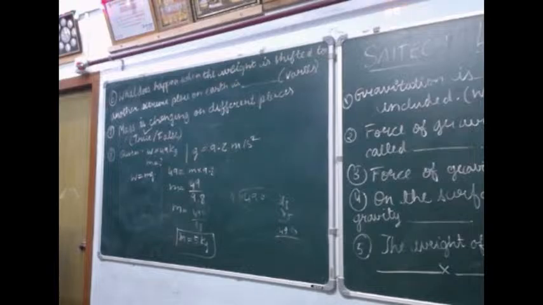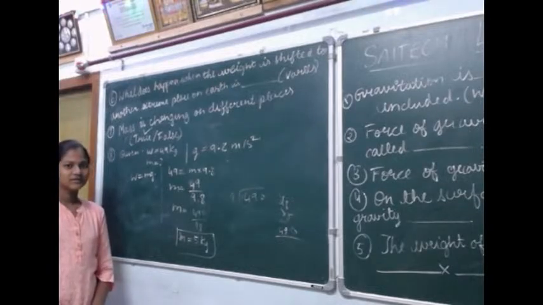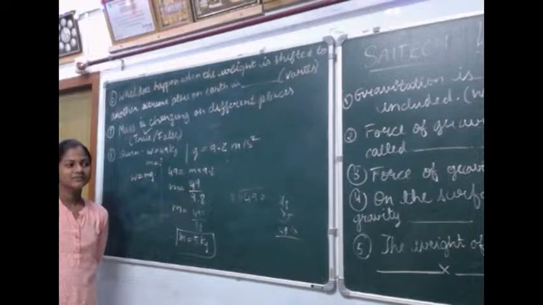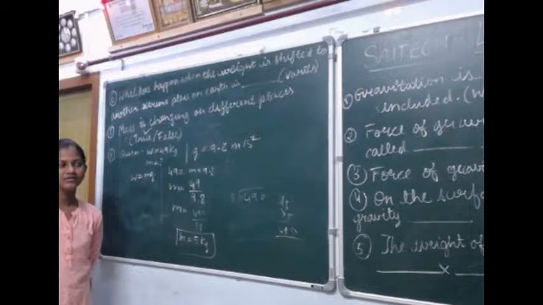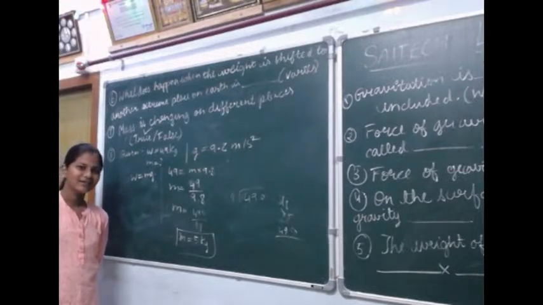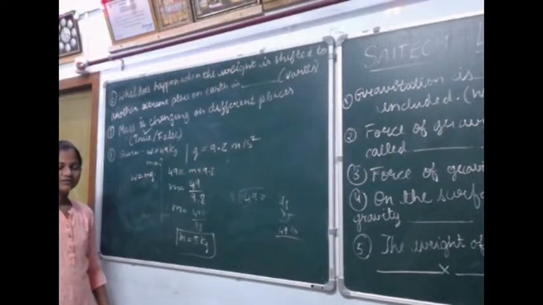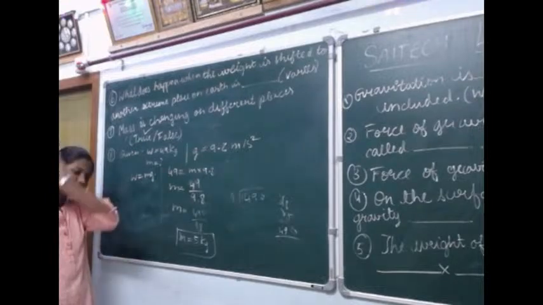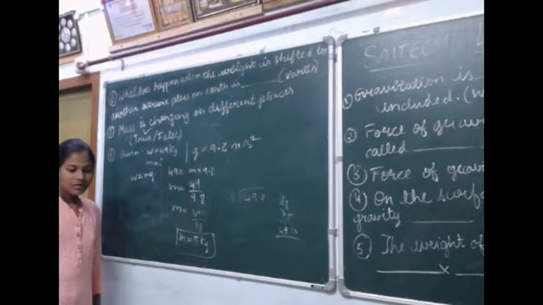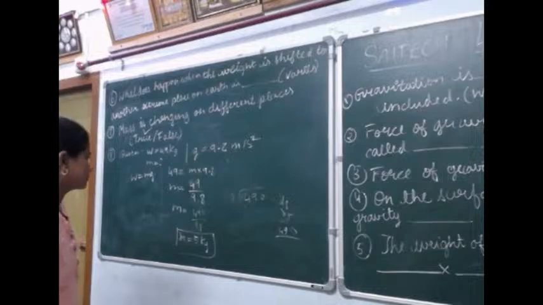What is the unit of weight? SI unit. Newton. Very good. In terms of kg? W is equal to what? mg. Yes, sir. m is equal to kg, g is equal to m s power minus 2. So kg m s power minus 2. That's all. Okay, write down. So what is the unit of W, that is weight,